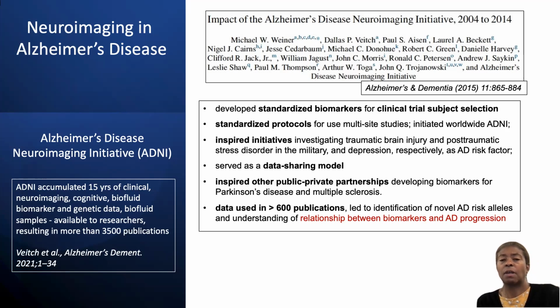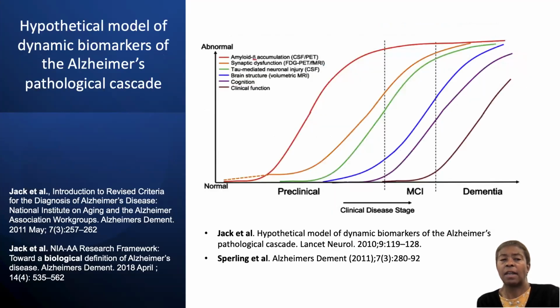But the vast amount of information has led to the identification of novel AD risk alleles and understanding of relationships between biomarkers and AD progression. This supported the development of a hypothetical model of dynamic biomarkers of the Alzheimer's pathological cascade. The model stressed the importance of focusing more on biological markers in early disease detection, where therapeutic benefit may be greatest before significant neurodegeneration. In the cascade on the left, the amyloid